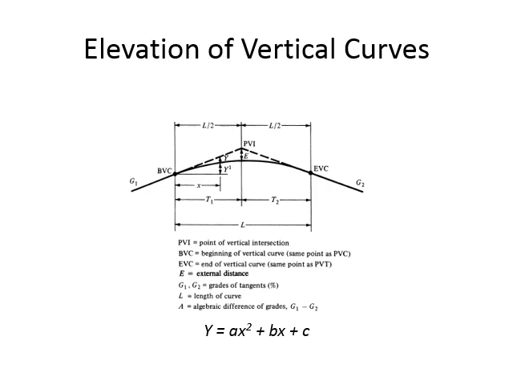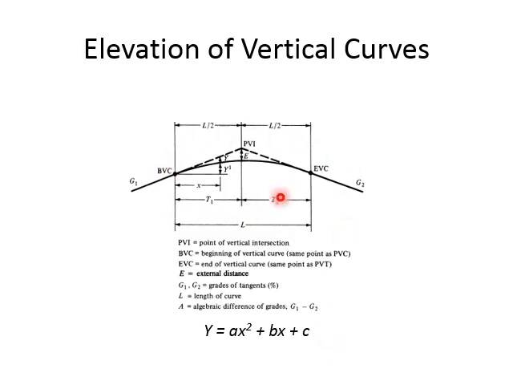So we have said earlier that vertical curves are parabolic in shape. So we apply the equation of a parabola in order to find out the elevations of any point on this curve. So this is the equation of the parabola, where y is the elevation above the starting point of the curve, and x is the distance from the starting point of the curve, and a, b, and c are the constants of the equation. We'll talk about them later on.